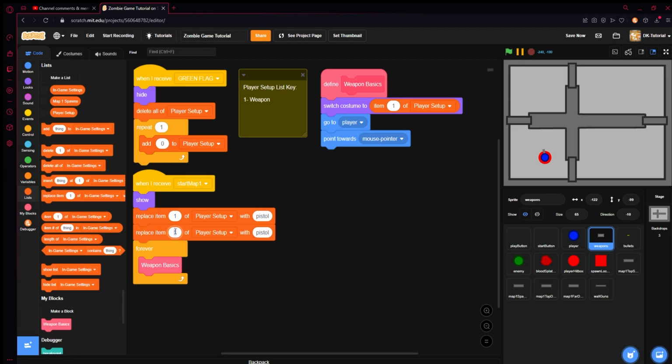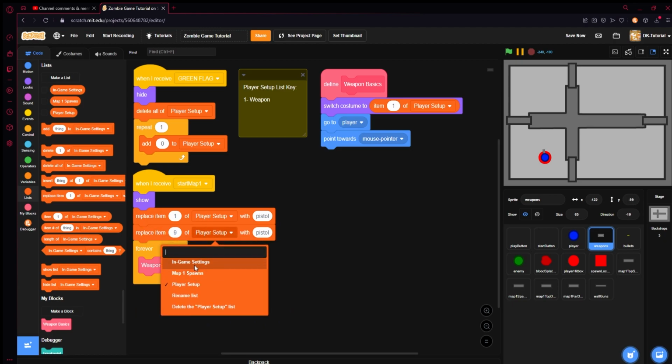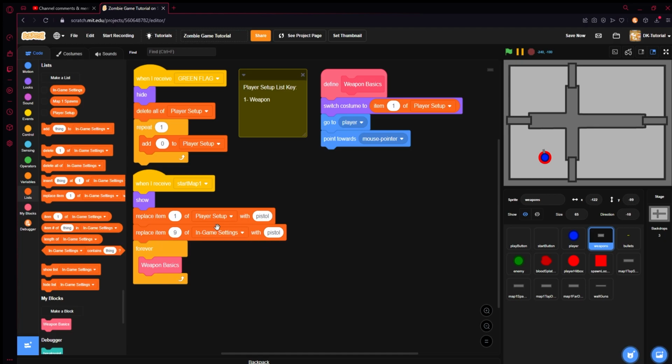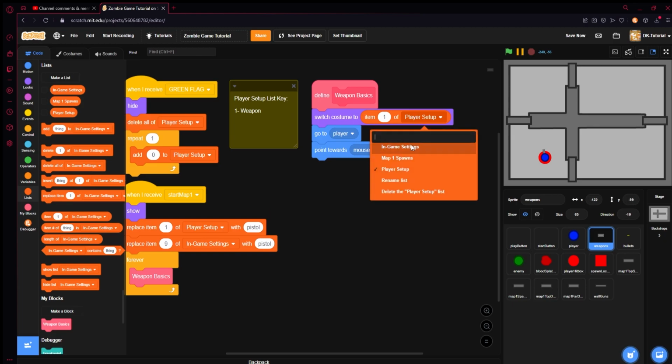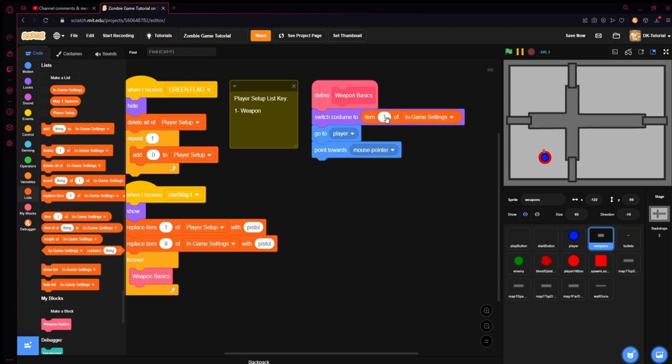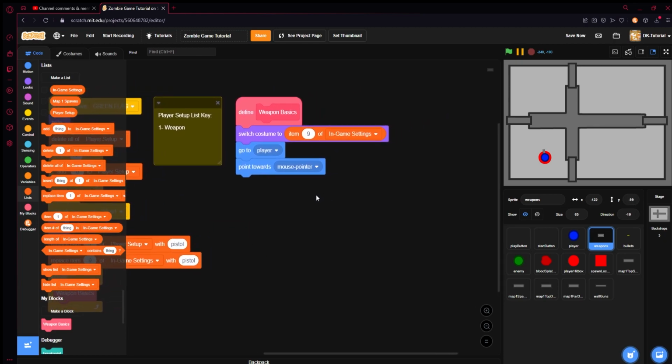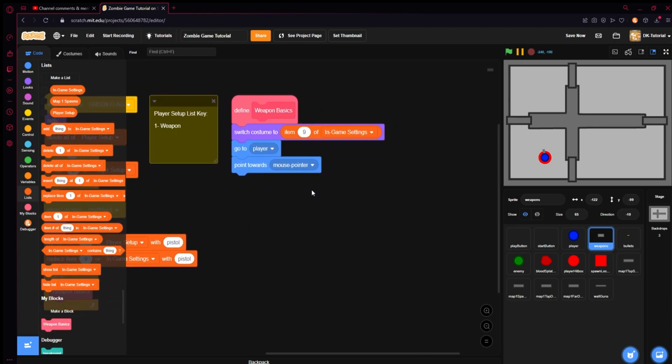Also, what I'm going to do is, at the same time, might as well do this. Replace item 9 of in-game settings with pistol as well. That's very, very important. And then also set this one to in-game settings as well. And set that to 9, but now we need to set up something here quickly that will detect which thing